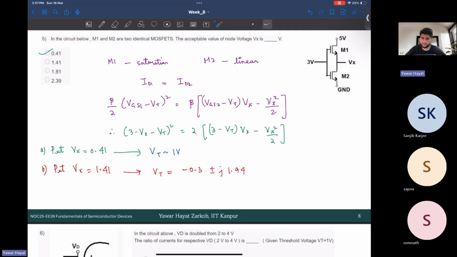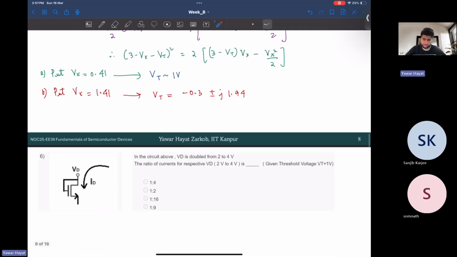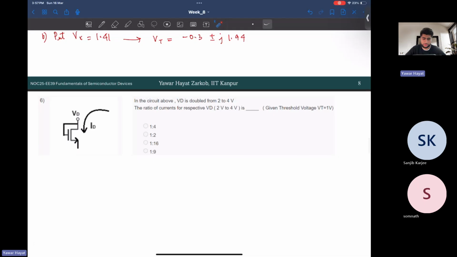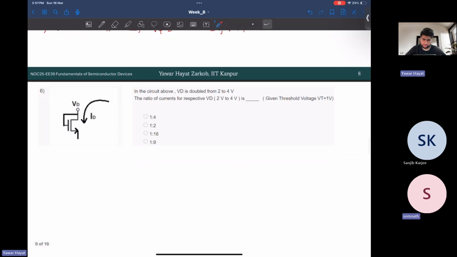In this circuit, you double the value of the drain voltage from 2 to 4. Okay, sorry. Let's complete the circuitry. Sorry, for question 6, the circuit of interest is this. If you double the drain voltage from 2 to 4 volt, the ratio of the currents for respective reading is